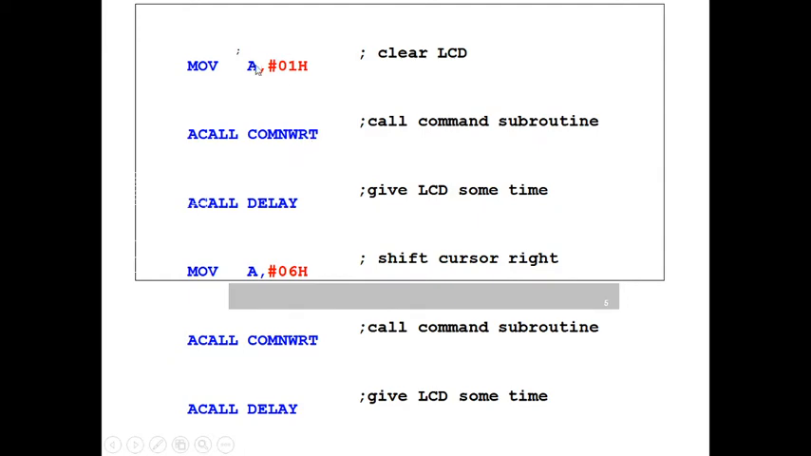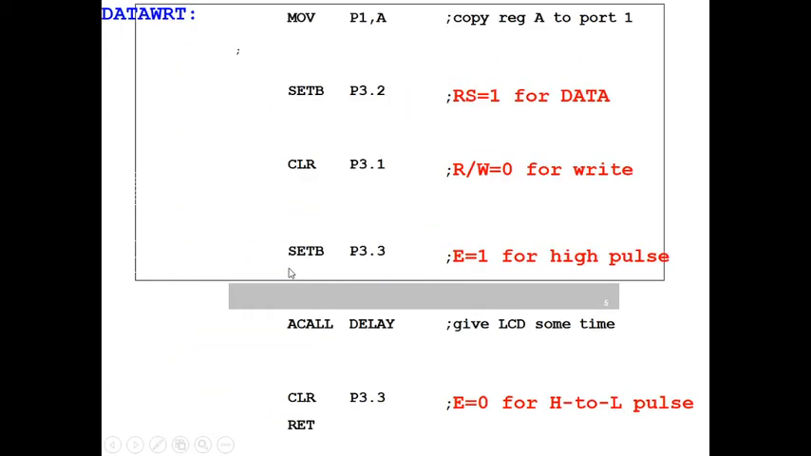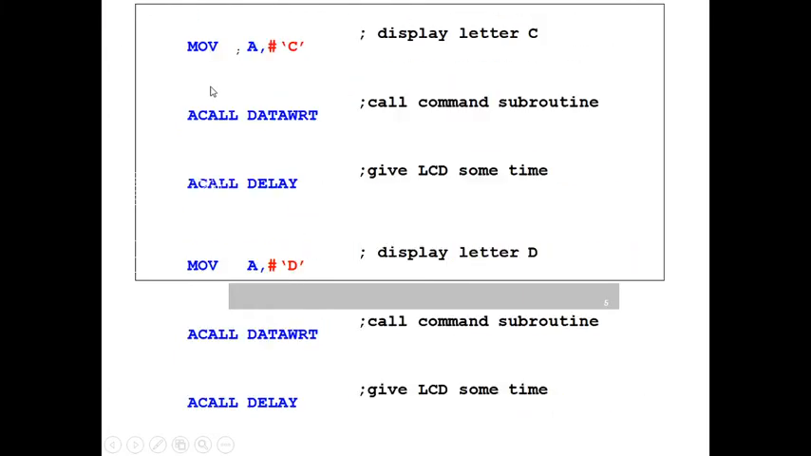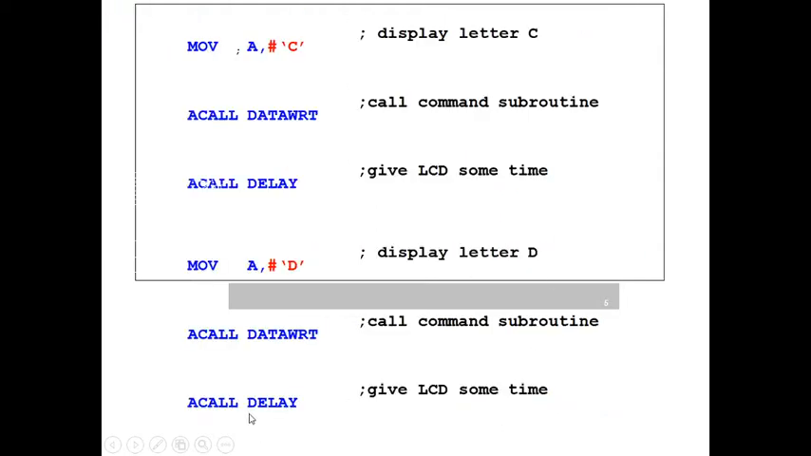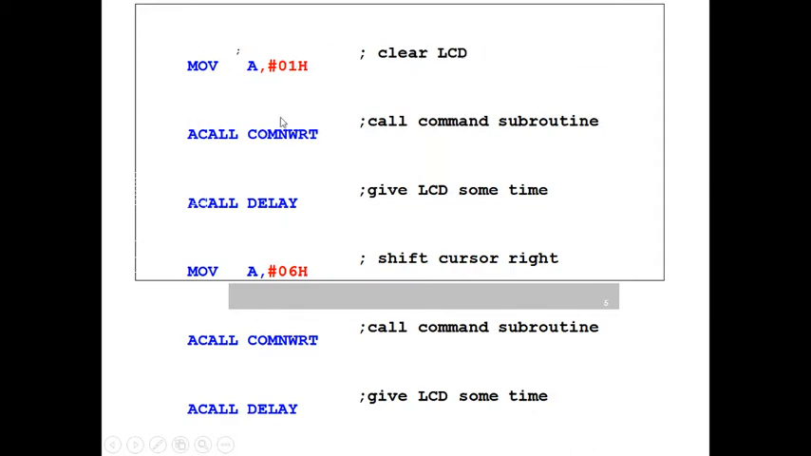In the command subroutine, whatever is in the accumulator comes into the P1 port. P1 port is nothing but the data port. Then you make RS equal to 0 for command, as we already discussed. Whatever is in the accumulator, that is 01, comes into the P1 port. Then RS is equal to 0, RW is equal to 0, enable is high to low, and then return to the main program. In this fashion we executed this part, and then coming to the next point, here call the